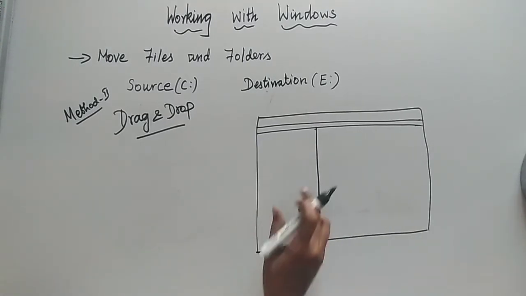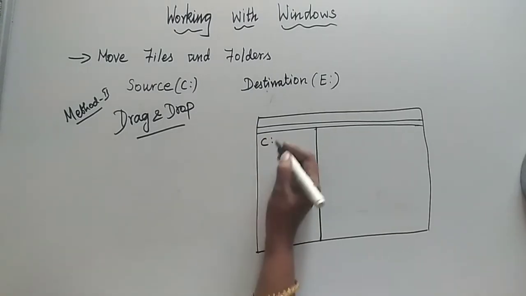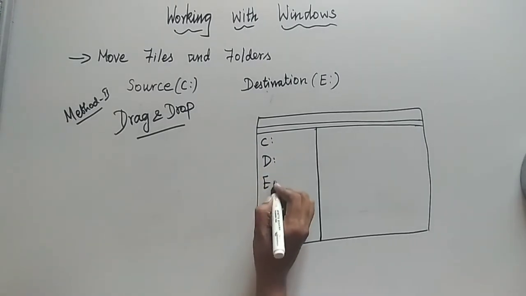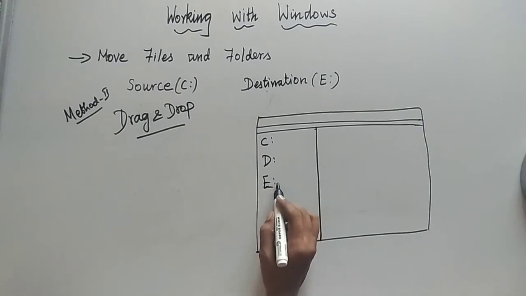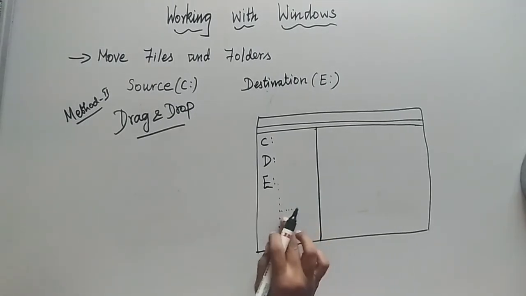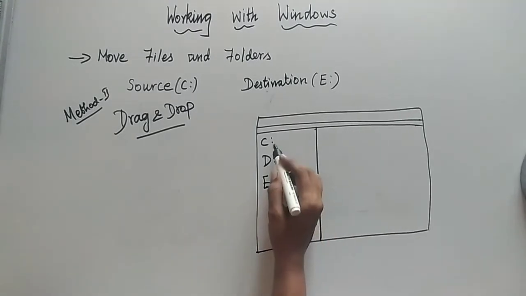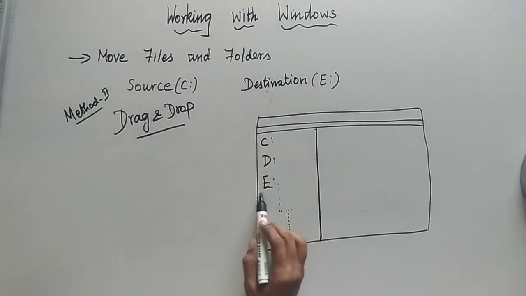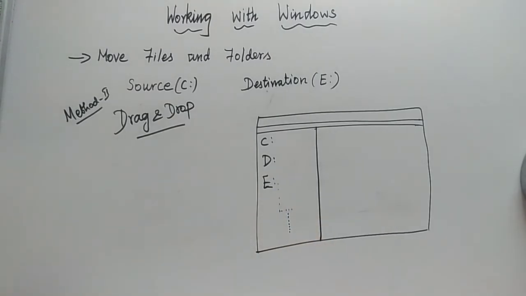On this side, the drives that are available will be displayed for you. For example, you will have C colon, D colon, E colon. This is an example I am telling you, okay? If you click the E colon, what is inside this E colon will be displayed for you. Again, if you have any folder here, and under that any subfolder, that will be displayed for you. So here you have the disk drive. Under that you select the E colon, meaning whatever folders are available under that E colon will be displayed there itself.